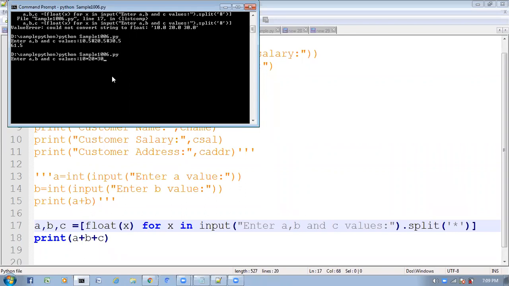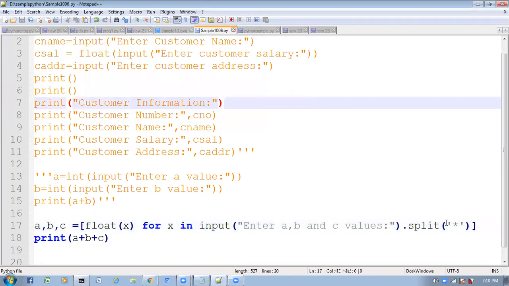Finally what result will you get? 10, 20, 30 means 60.0. Why 60.0? We are converting into float, so it will convert to 10.0, 20.0, 30.0. Finally, we get 60.0.